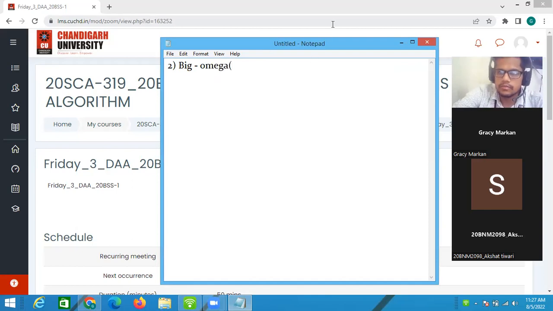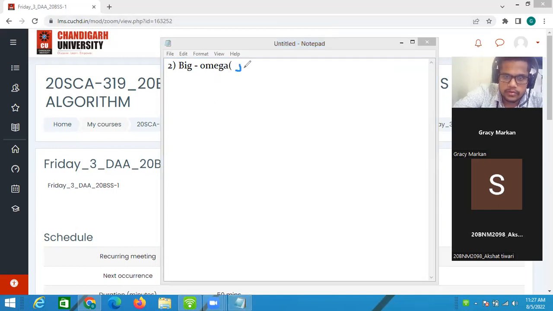Here is the omega symbol. This is the omega symbol, right? That is visible. And for this the graph is the same, but this time